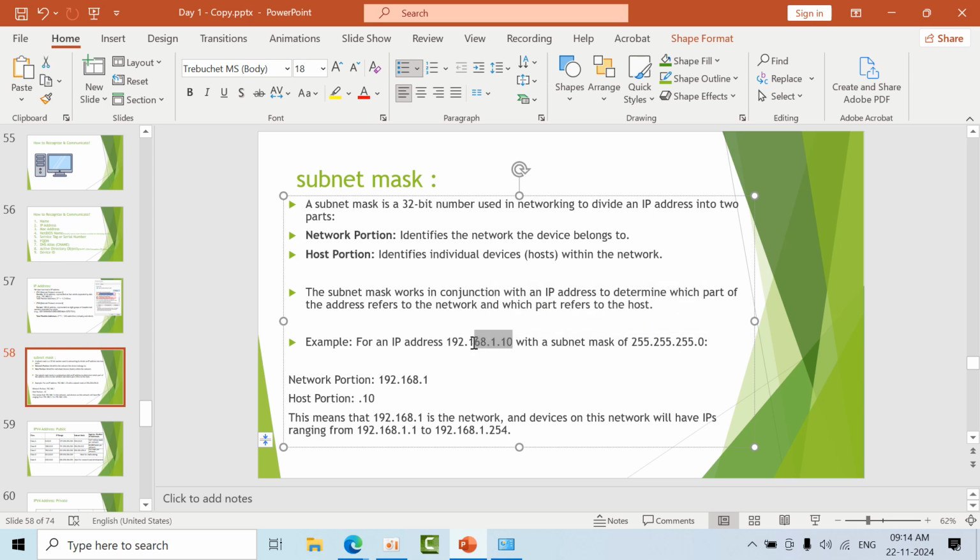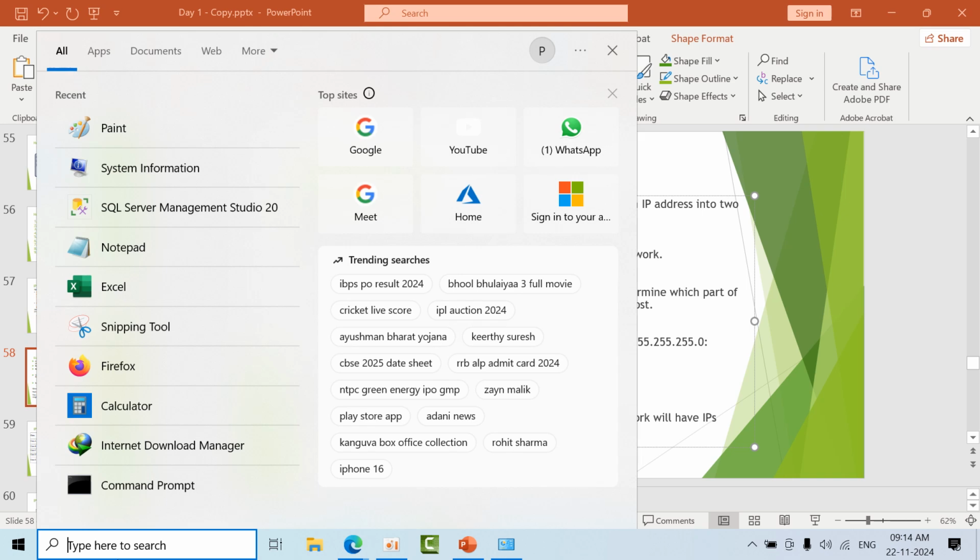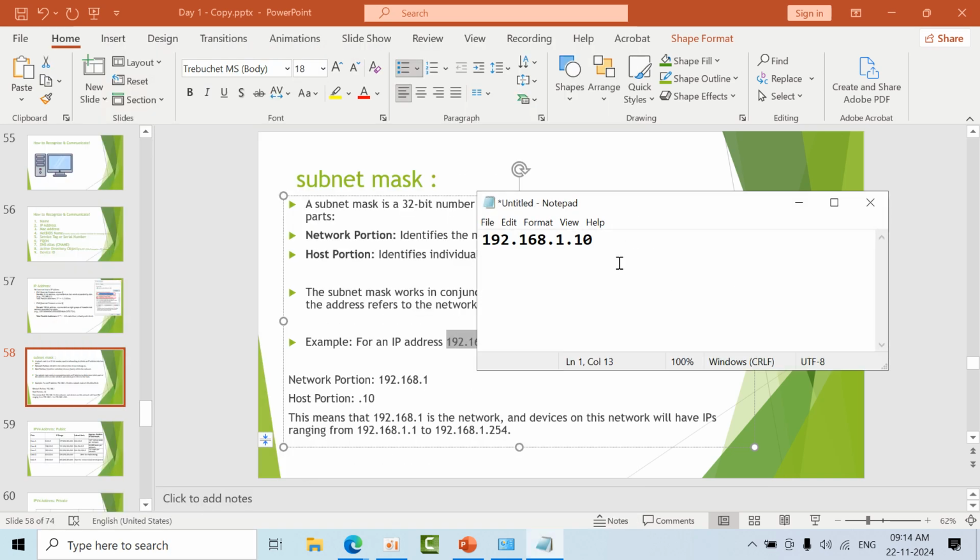Now copy this one. So this is your network ID, and like that, up to 3, 4, 5, and so on. You can use up to 254 devices.